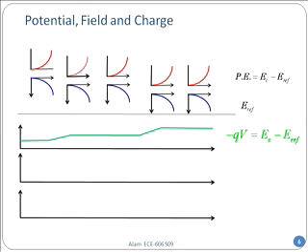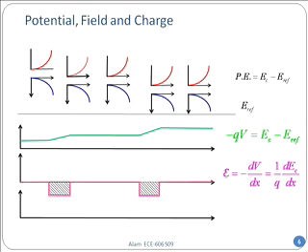If this is my potential, what is the electric field? Do you agree that this has to be my electric field? Why? Because electric field is a derivative of the potential with a minus sign. Think about the green curve for a second. From 0 to the first point where it changes its slope, if I take a derivative, the derivative is 0, right? So the electric field from that point to the first box in the magenta one, that's 0.